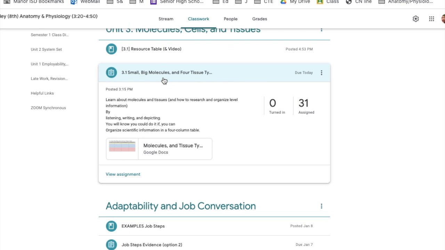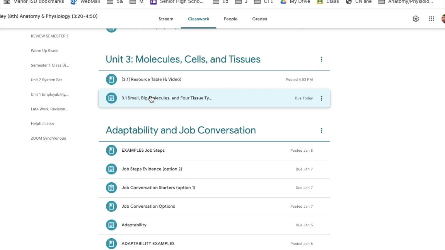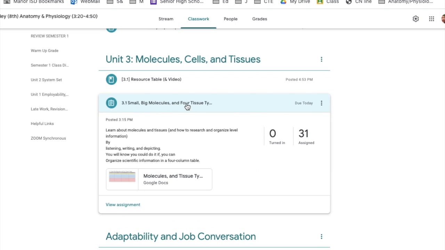Okay, so the first assignment in Unit 3.1, or Unit 3, which is molecules, cells, and tissues, 3.1 is about the small molecules, big molecules and the 4 types of tissues. And it says here, learn about molecules and tissues and how to research and organize level information. Level as in more complex down to less complex. So the organism is the most complex, and then down to like the cell, and then the molecules that are smaller than cells and that are not living, those are less complex than cells, and they're definitely less complex than